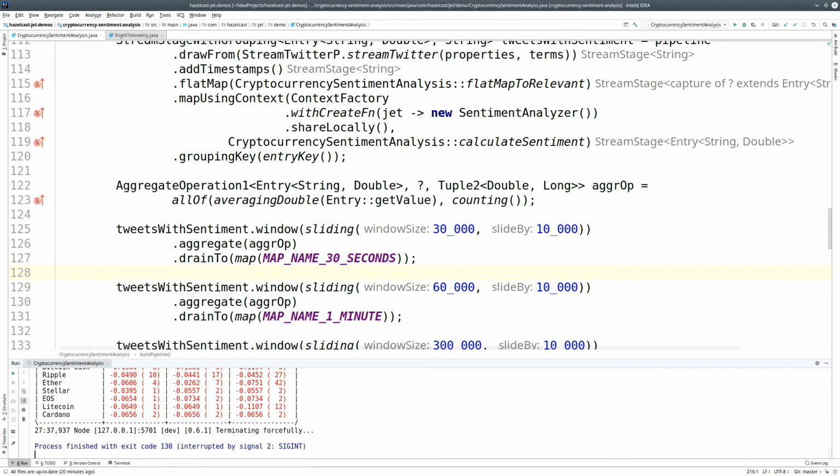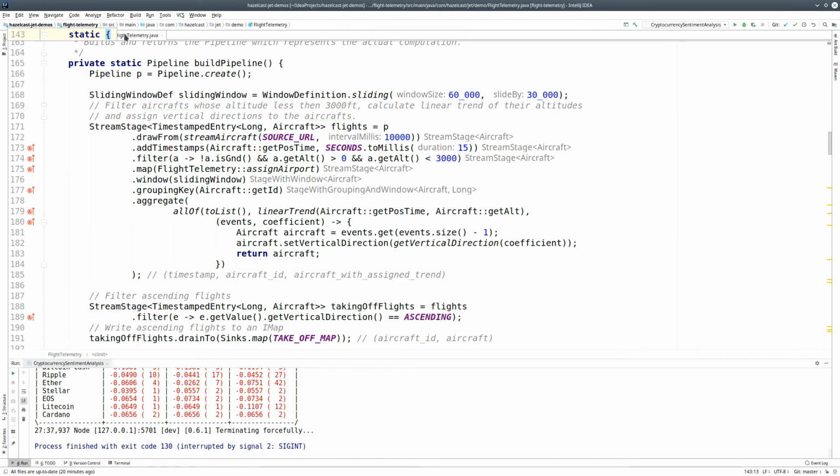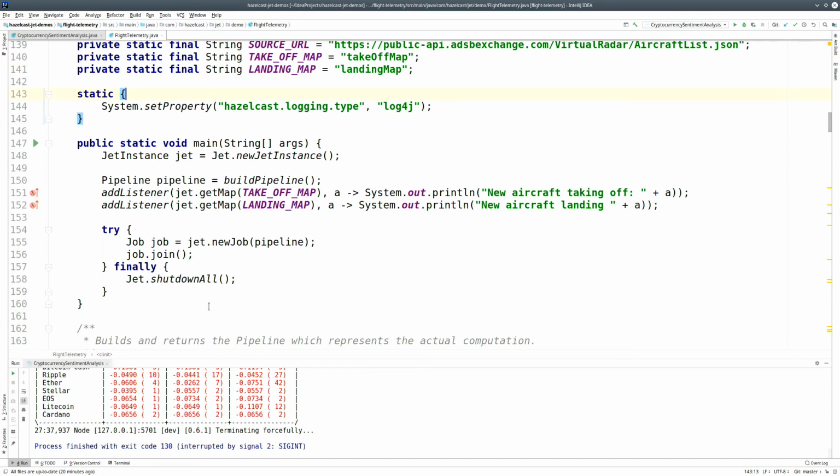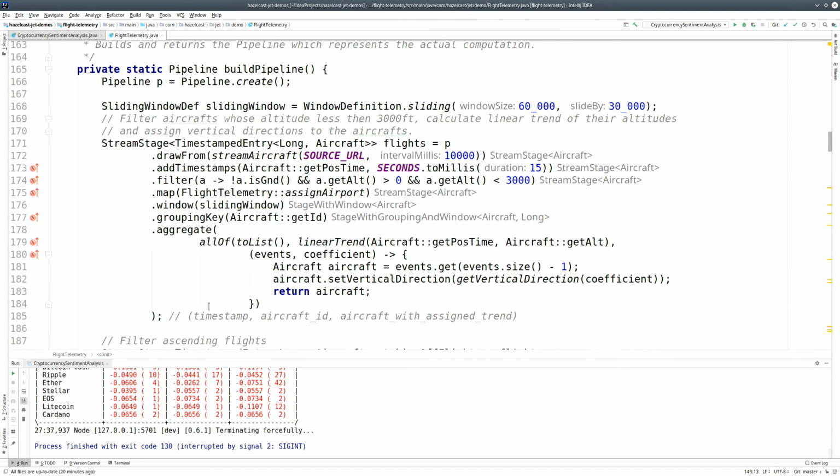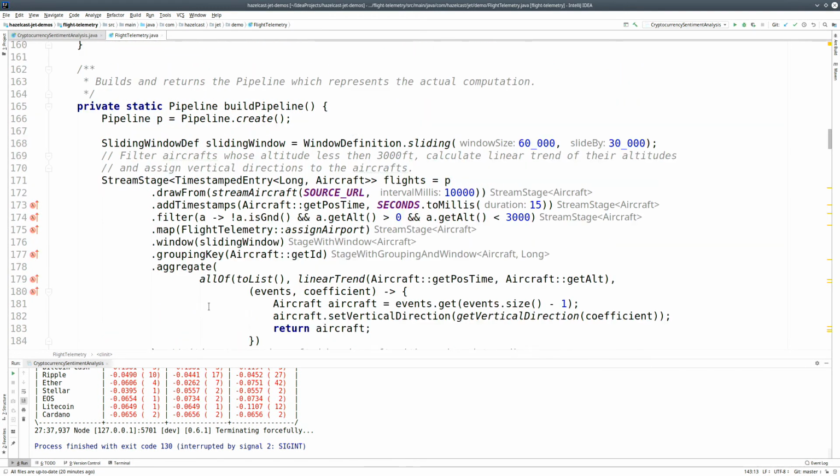So this one is actually a good one. I like this one very much. Let me see where I am. Perfect. So, let's see what it is. We are actually reading data from a web stream which gives us the flight information of the planes,